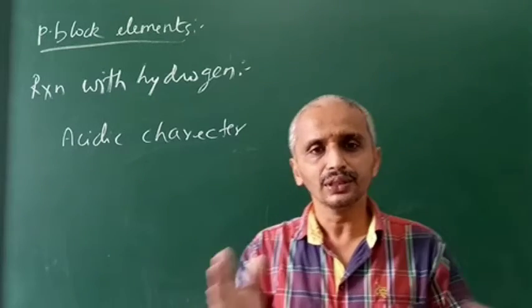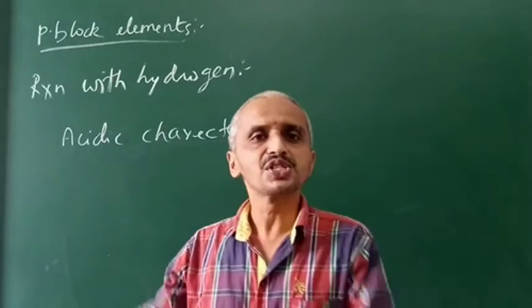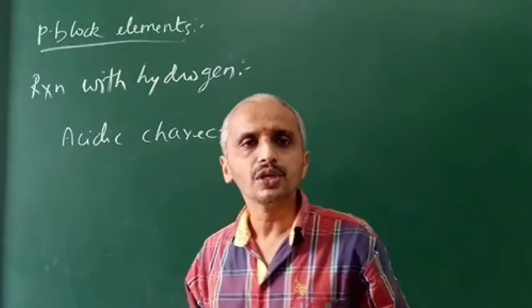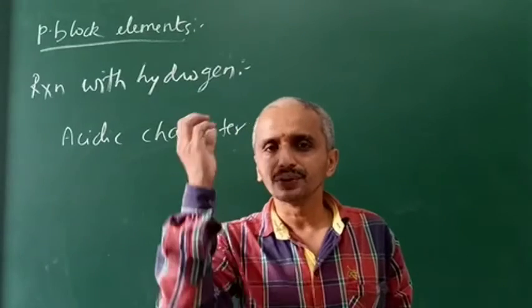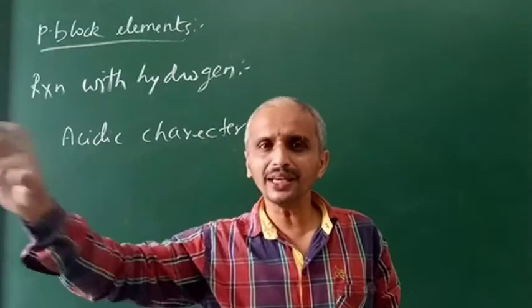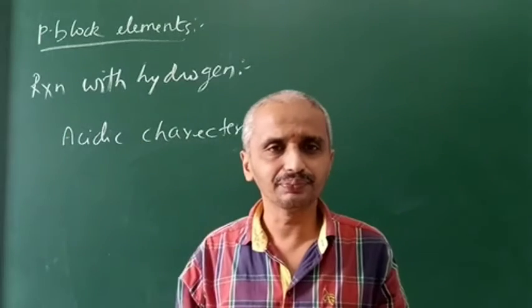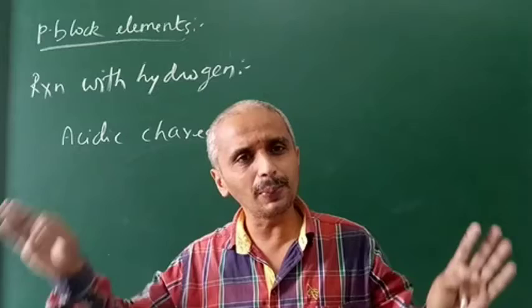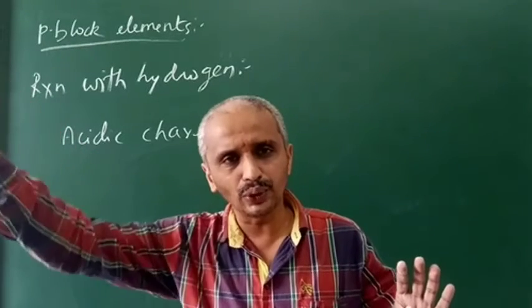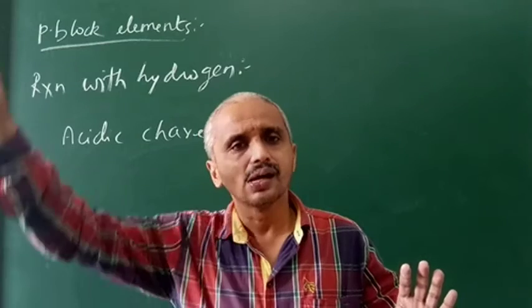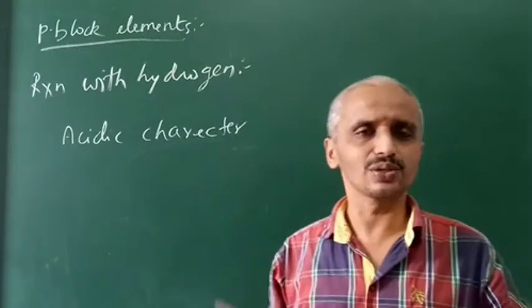And remember, this is not a property only for the 15th group. The same thing happens with the 16th group, and the same thing happens with the 17th group also. So keep that in your mind and apply it so that repeated study is not needed. In the same manner, down the group stability decreases in H2O, H2S, and HF, HCl, HBr. The stability decreases there.